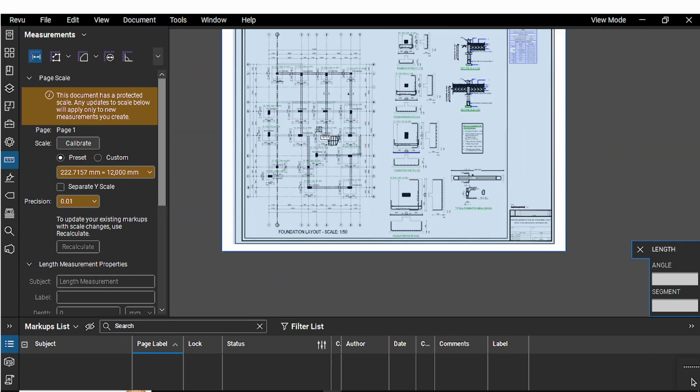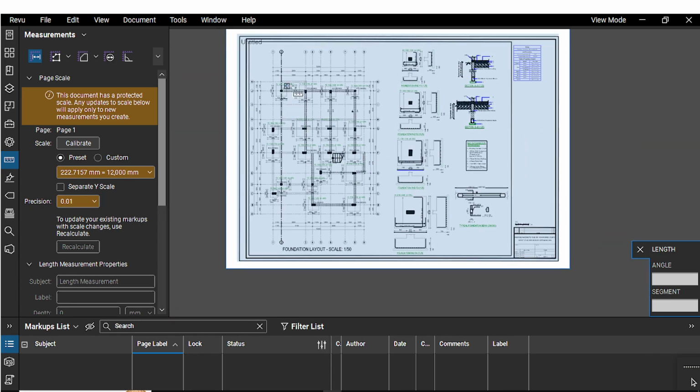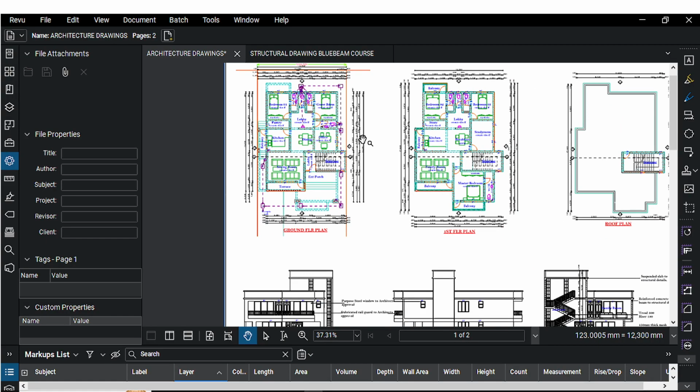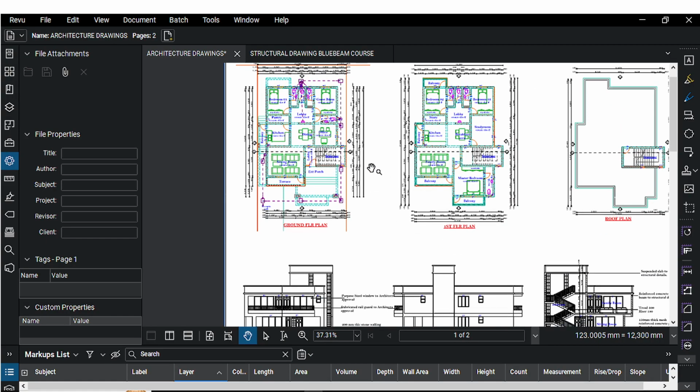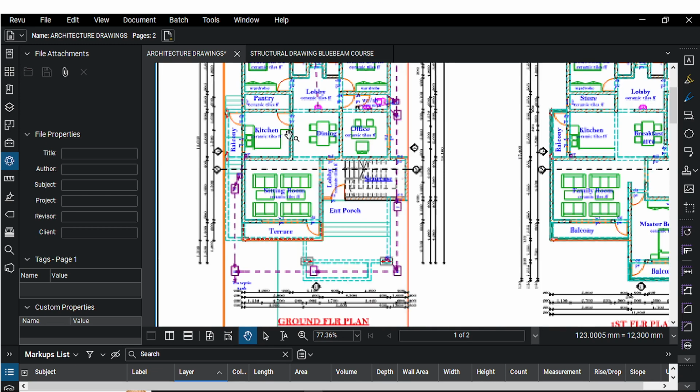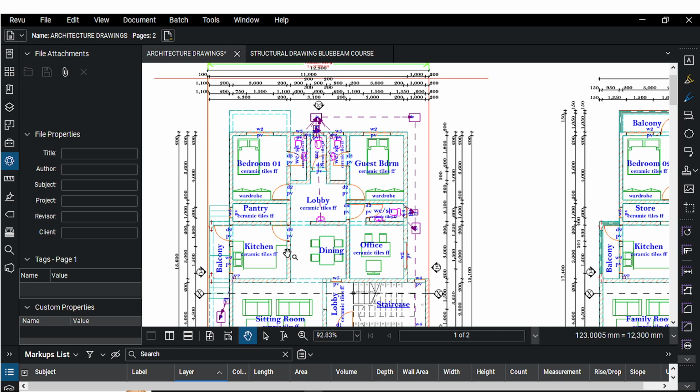And then you have to be careful that it does not change other values that you have. So that is it, and I think that is how we set up the scale in this Bluebeam. And once you set up the scale and you are clear that the scale is right, you can proceed and start off the process of taking off